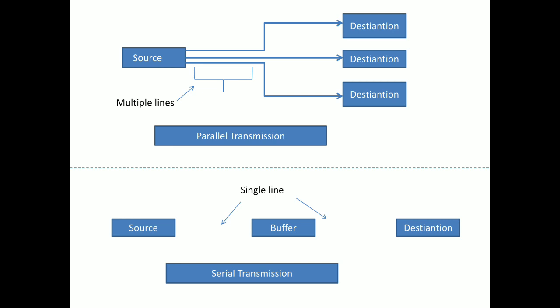Instead of this, we can go for serial transmission as in the below picture. Using some circuit components, buffers to maintain the signal strength, we can use a single wire to transmit the data bit by bit. If we go for parallel transmission for a larger distance between source and destination, the number of wires increases, and in turn the area will increase. With buffer circuits and a single wire, we can transmit the data bit by bit. For this we can use shift registers.